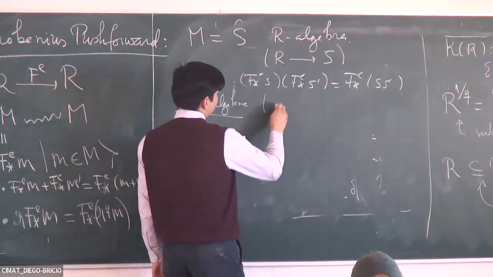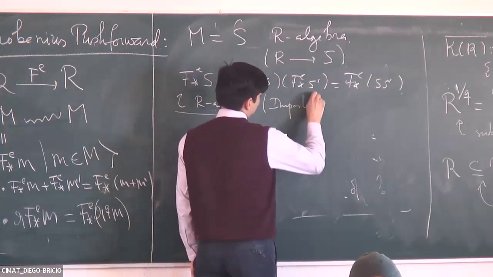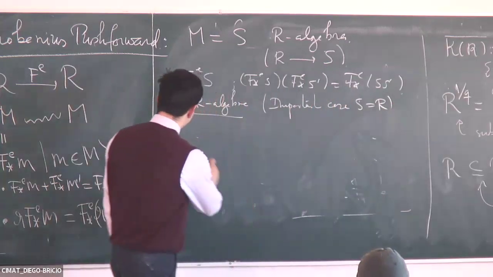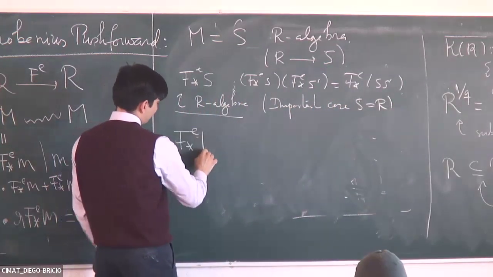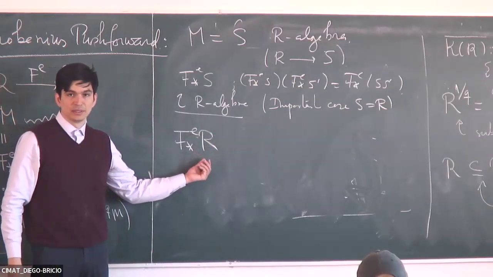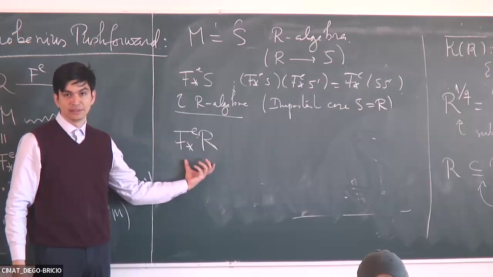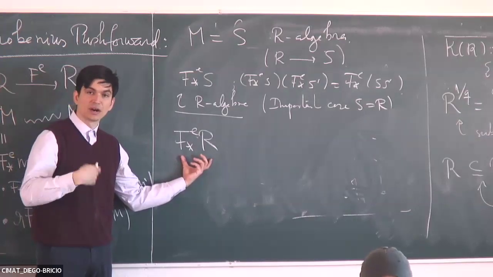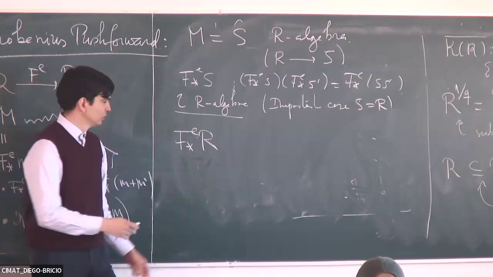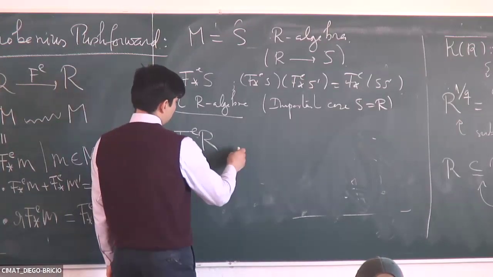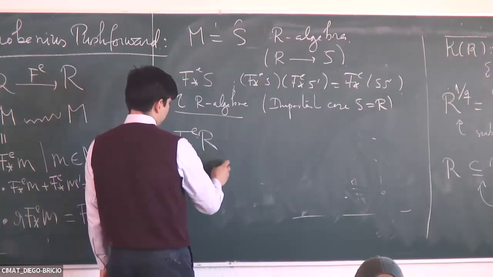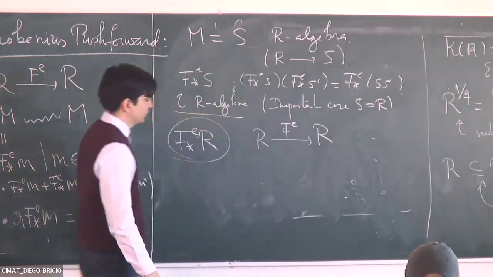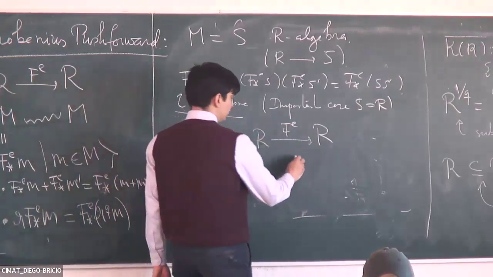Okay, so that's R-algebra. I'm saying this, but the important case is S equals R. That's the case I care most about, right? When I write this down, I'm doing two things. I'm looking at the ring R itself, but the R action is different. The R-linear action, the R-algebra structure, is different. It's given by Frobenius. When you do the scheme theory notation, this makes much more sense. But Frobenius can also be expressed